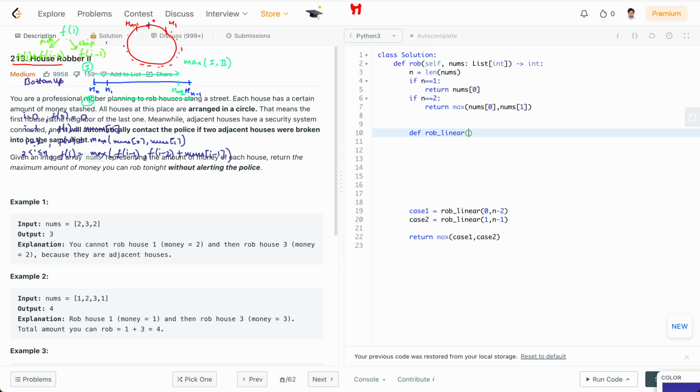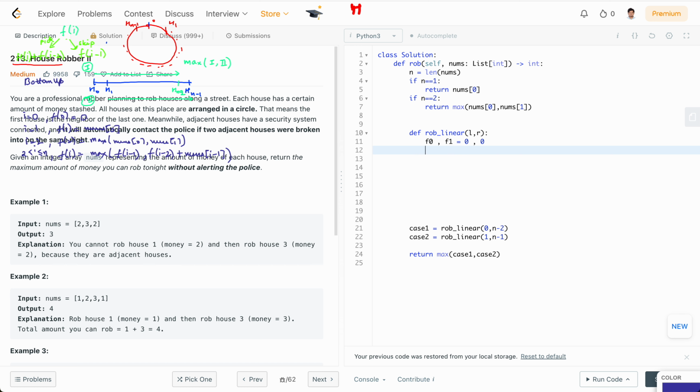from left to right houses that we are observing. So we have left, we have right, and we'll define our initial states, so the previous two states. So this is f of 1, f of 0, so for the 0th index house and the first index house we have 0 initial states, and we are moving from left to right, and we want to go up till the right house, basically r plus 1,